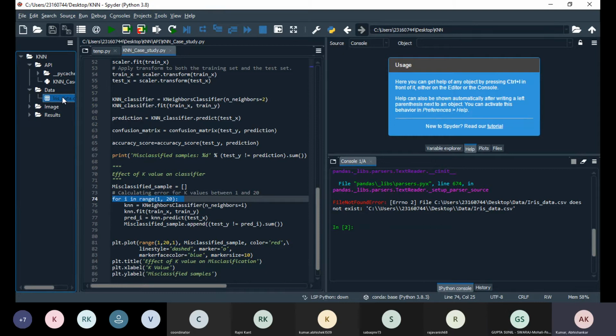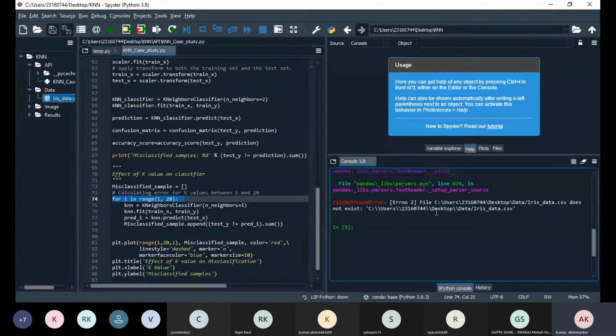See, your path is not correct actually. Just check your path, what it is saying. You are looking at desktop inside data, but it has to be desktop KNN, it has to come like this, no? Somehow it got goofed up.